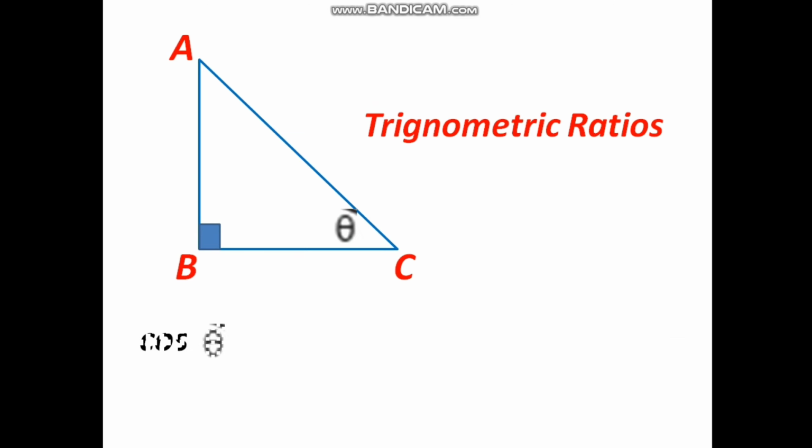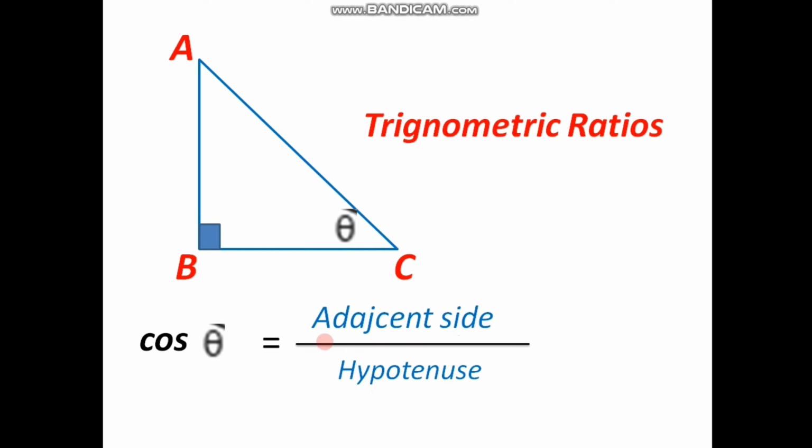The second trigonometric ratio is cos theta. First of all, let us have the definition of it. That is, cos theta is equal to adjacent side divided by hypotenuse. So in this diagram, the side adjacent to angle theta is BC and the hypotenuse is AC. That's why according to this definition, we have cos theta is equal to adjacent side, that is BC, divided by